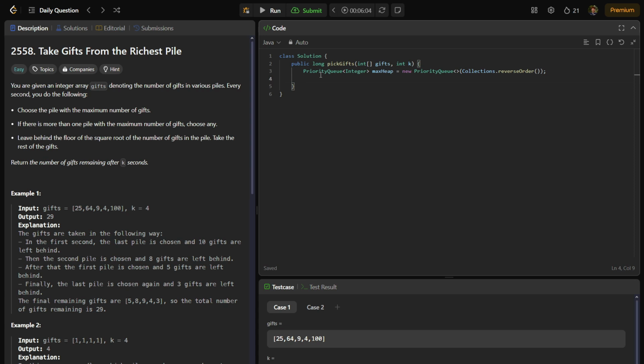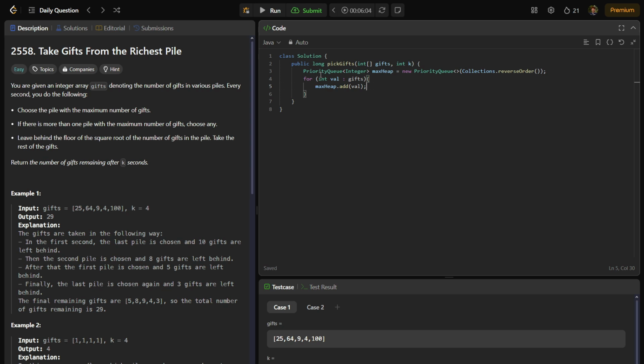That way we can store everything in the heap, so it's all sorted from max to min. So for each integer value in our gifts array, we're going to have our max heap dot add each value. So we're adding each of the values to our maximum heap,